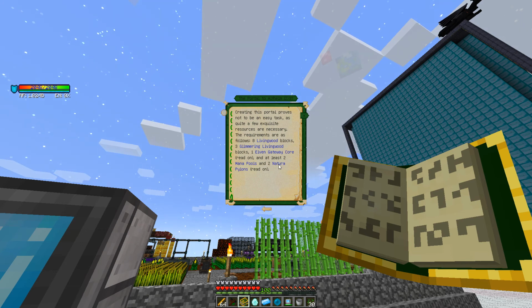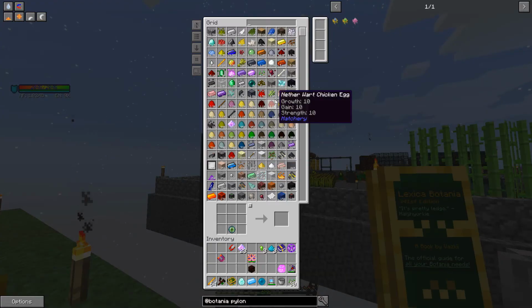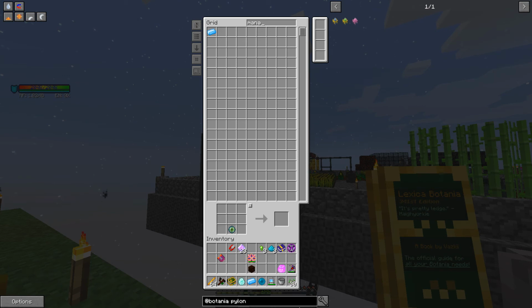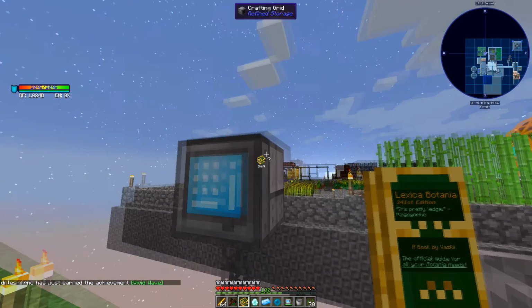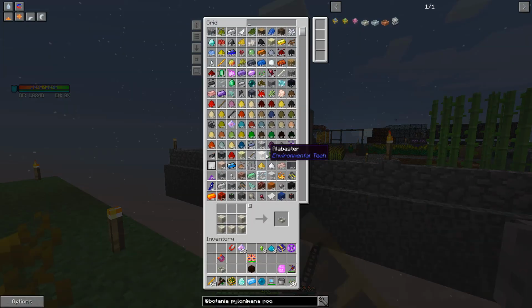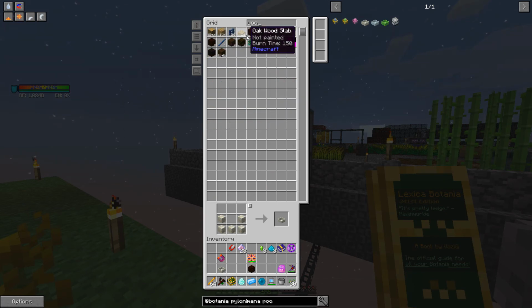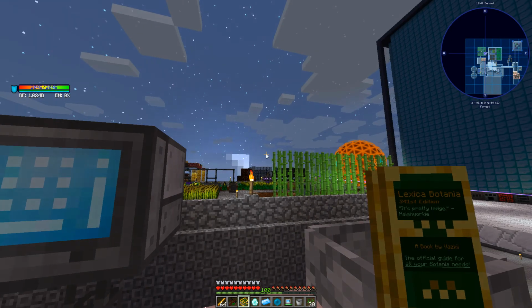So we got the 2 Natura Pylons. I need 2 mana pools. Let me make a mana pool. Mana pool. Check. And what was the other thing? Some kind of Elven Gateway. Oh, I needed 3 more Terra Steels and Living Wood. Okay. Living Wood. Elven Gateway Core. Check. So how do I actually build this thing now that I've got...